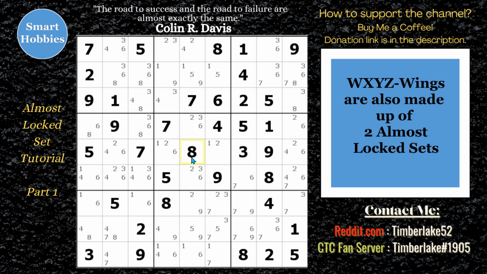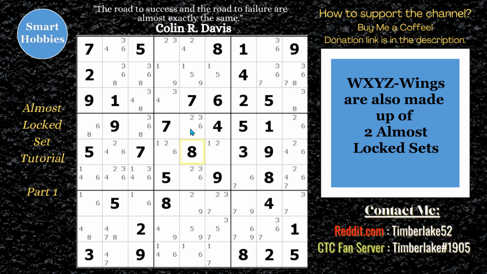It is a type of ALS, and you apply the Almost Locked Set XZ rule to solve it. In fact, if you're on Hodoku, which is what I'm using to make this video, you can't just plug in WXYZ-Wing to practice. You have to put in and study ALS-XZ Wings, and about one of every 9 or 10 of them that show up will be a WXYZ-Wing. The other ones will be a little bit more complicated, and those more complicated ones I will be covering in my next video. So let's go right here and help familiarize you with the